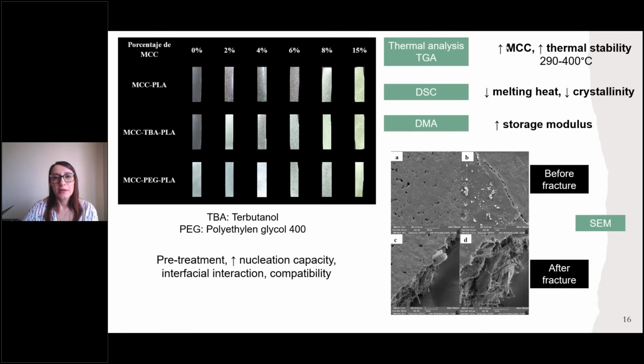Then we prepare this type of composite materials with different amounts of MCC. These materials,